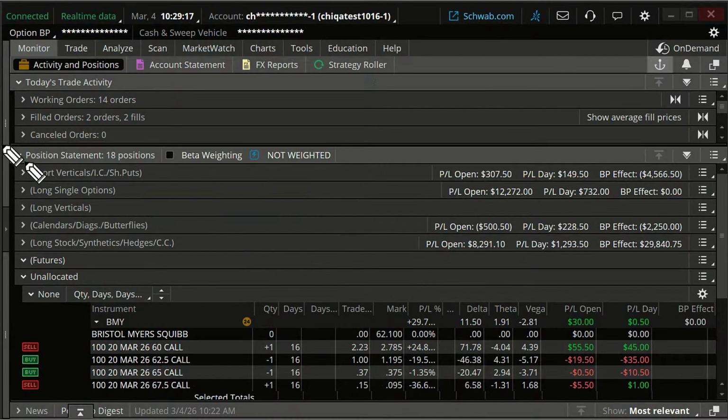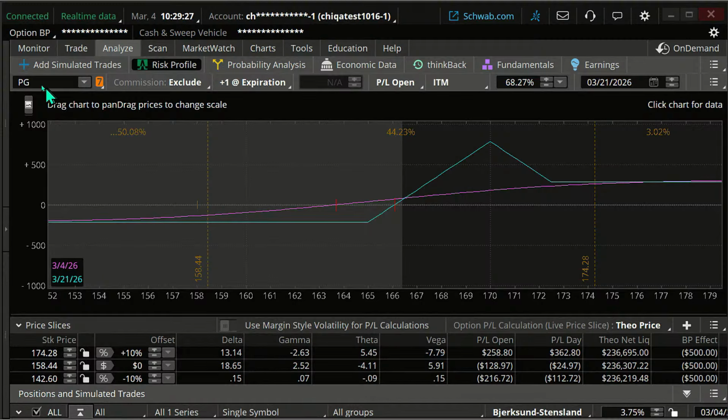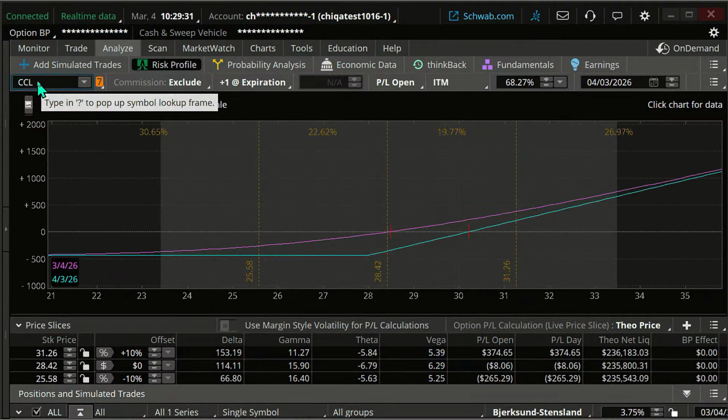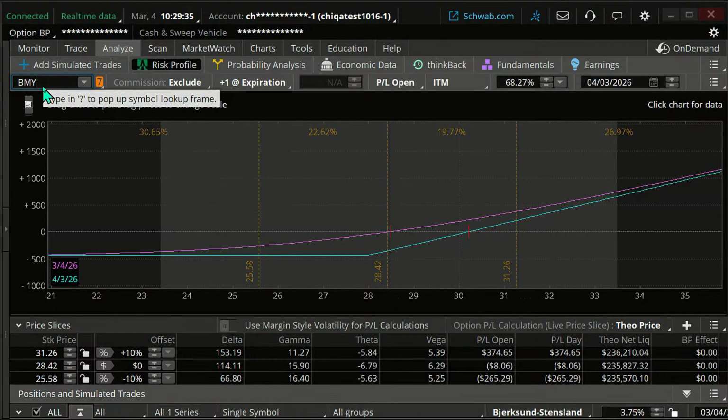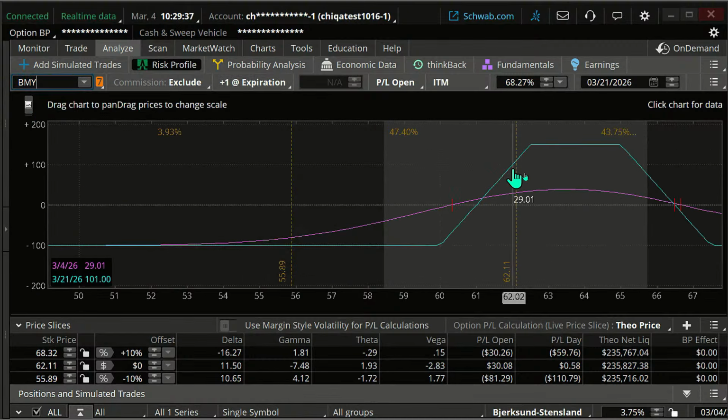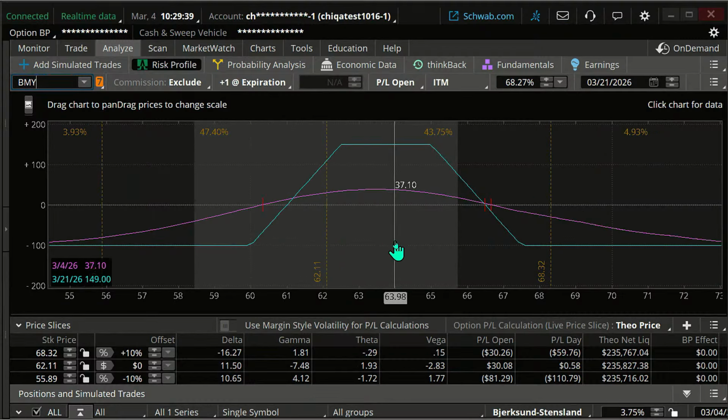Now, someone's saying, Wiley's saying, let's look at the risk graph. We can look at the risk graph, but keep in mind, this condor trade is going to look a lot similar to just an iron condor. Let me go to BMY here. Hold on one sec. I can type. There you go. That's the risk graph. That's what it looks like. We said we want it to be between 62.50 and 65.